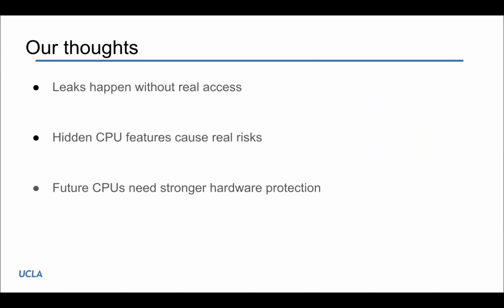We think that the paper shows combining speculative CPU features like DMP with a new side channel PWSC can leak data across isolation boundaries, even without real memory access. We realize how dangerous these hidden behaviors are. Just the way the CPU speculates and walks memory can expose secrets. We think that future CPU designs need built-in protections to stop features like DMP and PWSC from leaking data behind